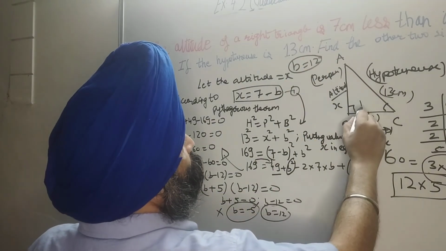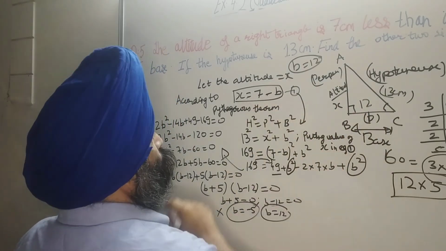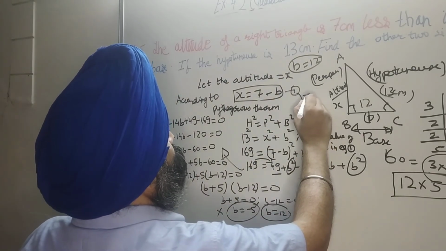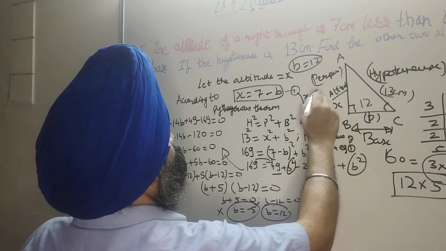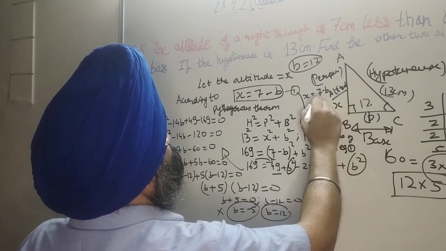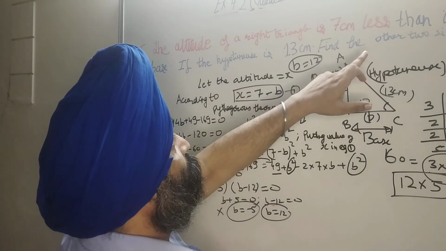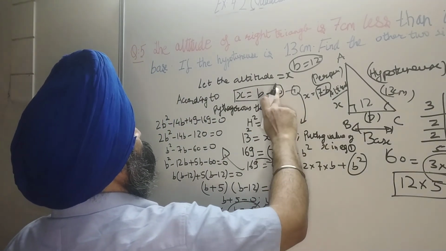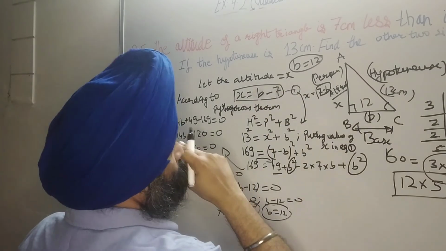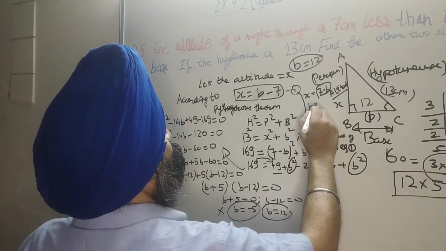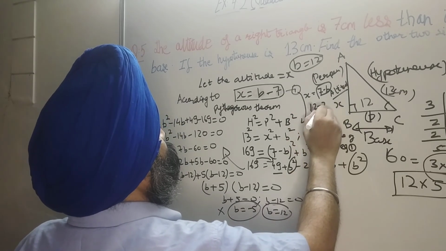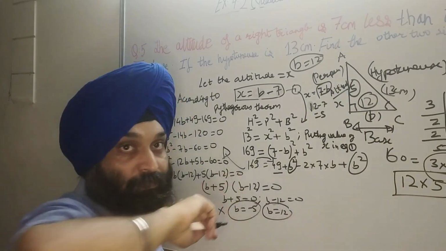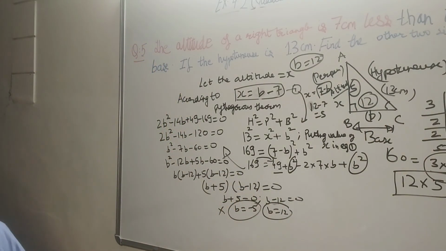यानी कि बेस जो आपका 12 आ गया, ये 13 दे रखा है. तो अब हमें क्या चाहिए? 7 माइनस b. So x की वैल्यू है 7 माइनस b. वैसे b माइनस 7 ही आएगा लास्ट में ना, थोड़ा सा. So b minus 7, b is equal to 12. So 12 minus 7 is equal to 5. So this is 5. इसका आंसर हो जाएगा 5 and 12. So we have finished this.